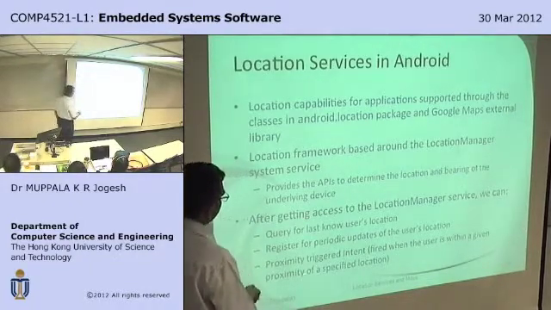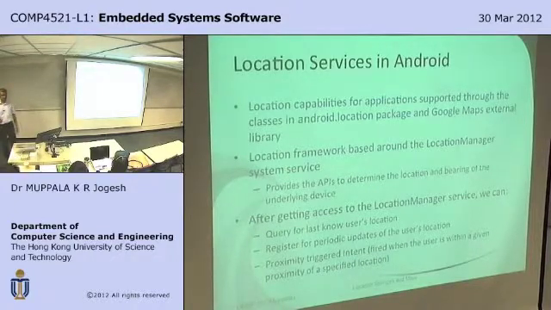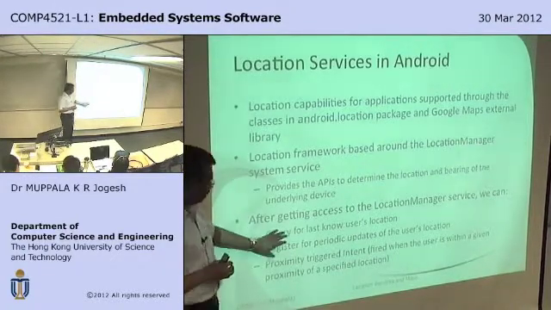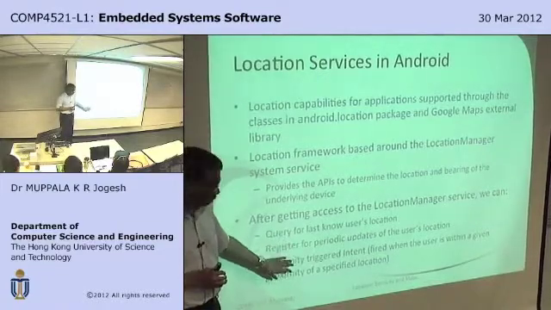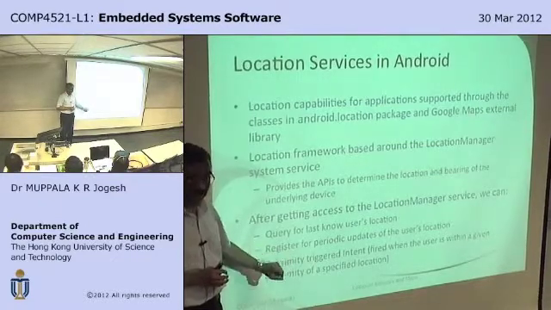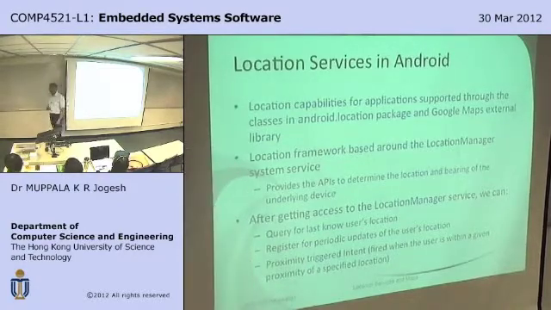The third one is called proximity, which basically says if the user is within a certain region or a particular location, then do something for me. Tell me that the user is within this radius of this particular location. And that can be very effectively used again to provide interesting services. There are a lot of applications that make use of these two. Proximity-based applications are becoming more common these days, and they are very, very useful. Indeed, we have developed a couple of applications that make use of proximity specifically